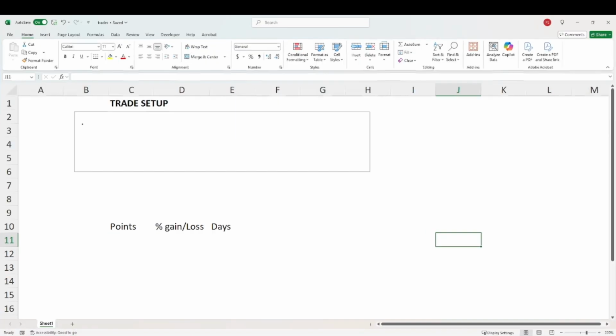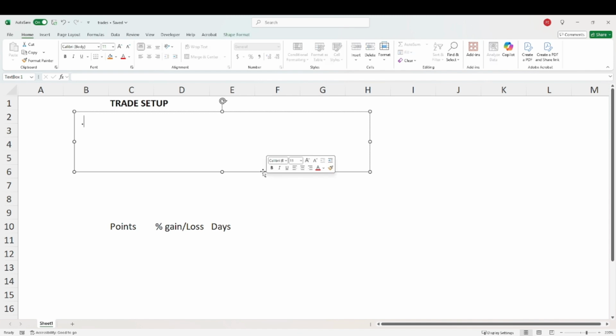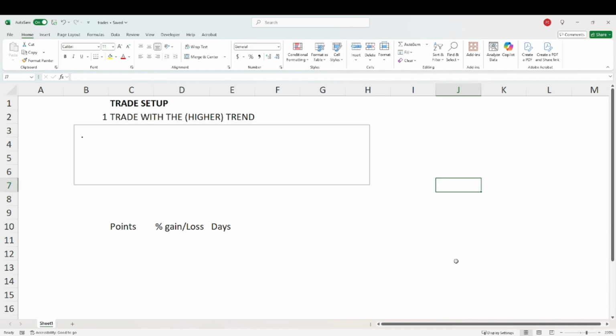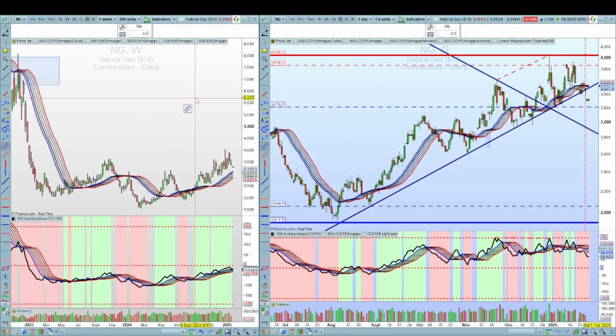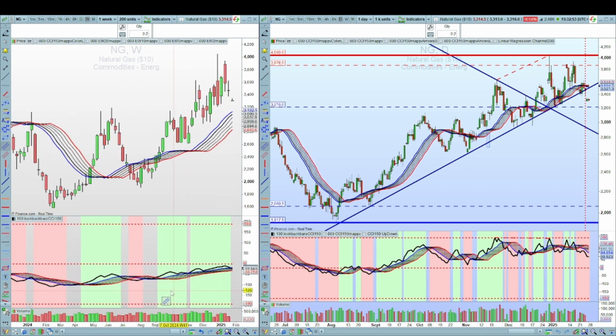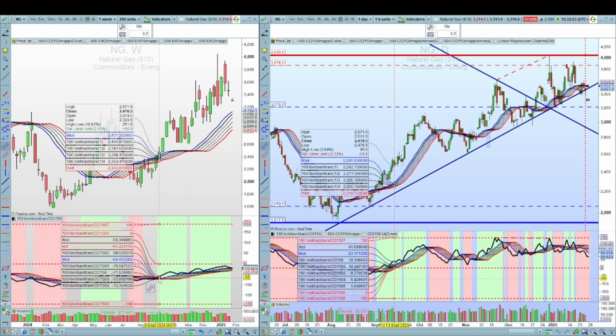So let's first go to what we're looking at in terms of a trade setup. In terms of entering, you want to first identify the higher time frame trend. So again, if you're trading on the daily, you want to trade in the direction of the weekly. What that looks like, let me get the chart set up here. If you go to the trade setup, here I've got the weekly, and here I've got the daily chart. So if you're trading on the daily, you want to go in the direction of the weekly, so you want to be going long. What I've got back here, you can see September 9, the CCI broke